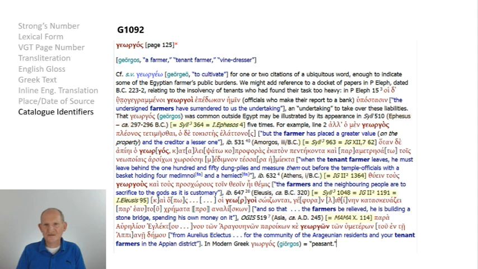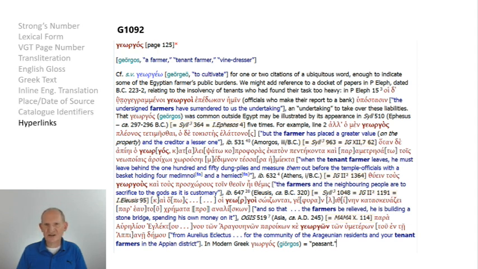Next, I've given several catalog identifiers. If you've worked with epigraphy or papyri, you know that one of the really challenging things, and I would even say frustrating things, is trying to find a particular source, because often the same text gets listed under several catalog identifiers. So what I've done here is provided several identifiers to help you locate these sources.